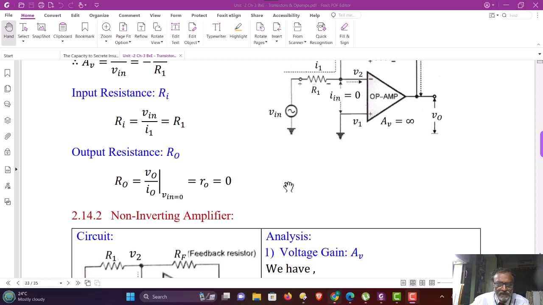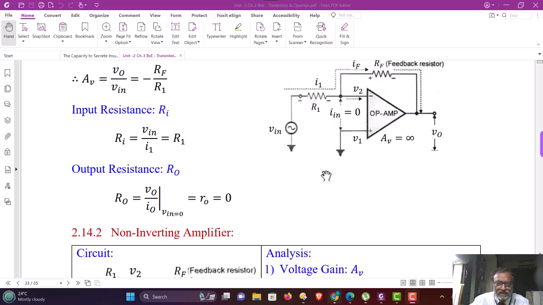And with negative feedback, it will be further reduced by the desensitivity factor, which is the factor by which the gain will be reduced, and that is 1 plus A beta. We are not going into detail of the desensitivity factor, but negative feedback further reduces the output impedance towards the ideal op-amp output impedance, and therefore the output impedance of the practical configuration also